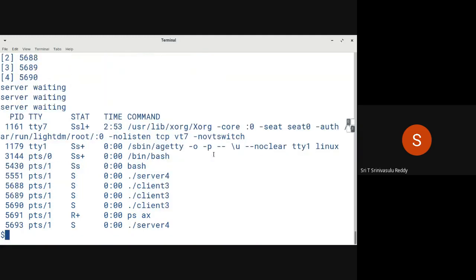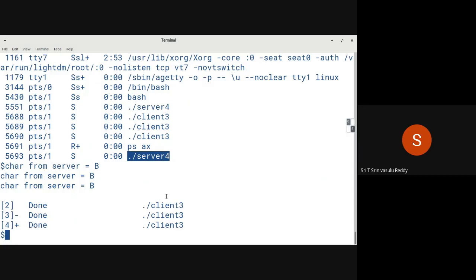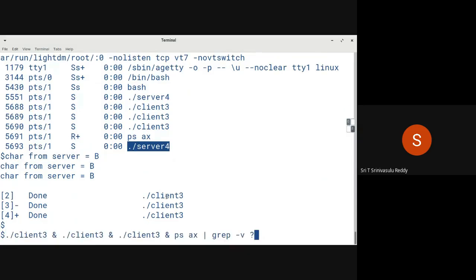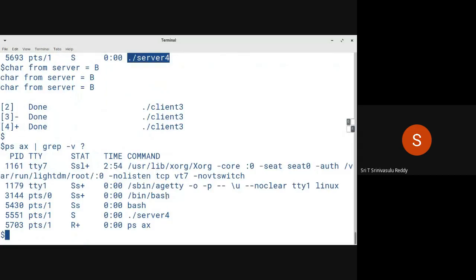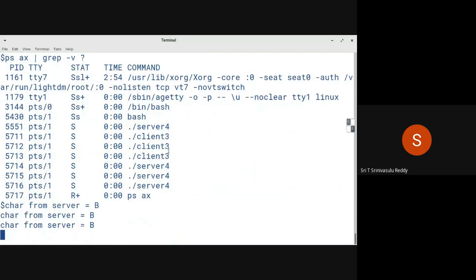Okay, so see here. So you can see all of them. Those are the things. Server is waiting, and you can see server 4, client 3, and again another server has come, as you can see, right? So all those things. Whereas now, if you run the same PS, again back to that, or probably we can see that even like this also. Same thing. Up to this we can give it, right? So run this. And now if you run it, now you can see here.